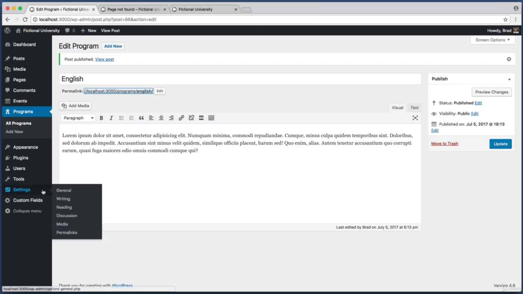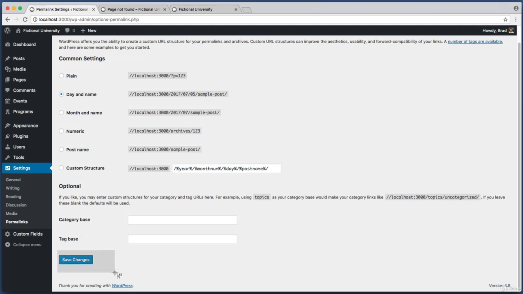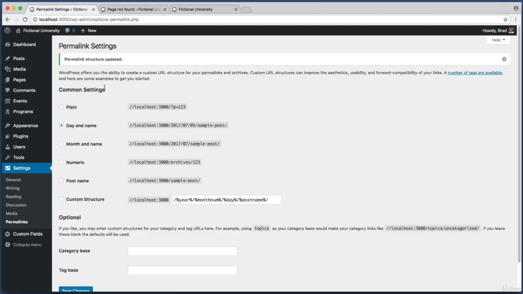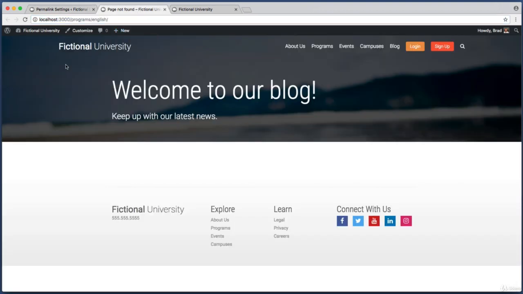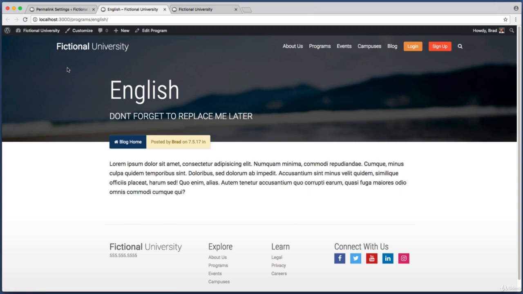So in the admin, hover over Settings towards the bottom of the sidebar, and then click on Permalinks. And as soon as we click Save Changes on this page, that will force WordPress to regenerate all of its permalinks, or URLs, and as soon as we refresh this example English program post, cool, we see English and the